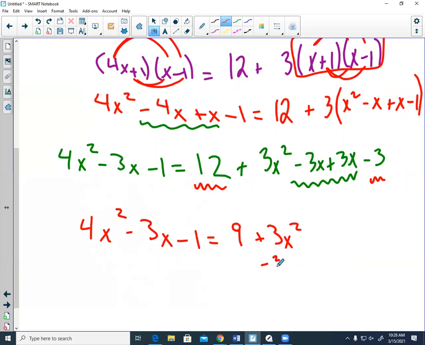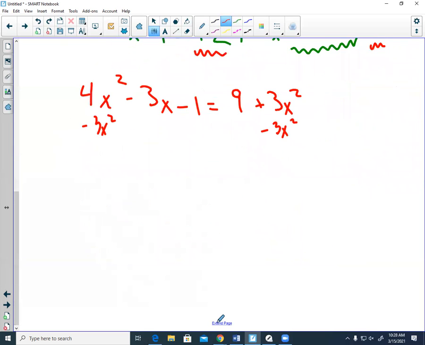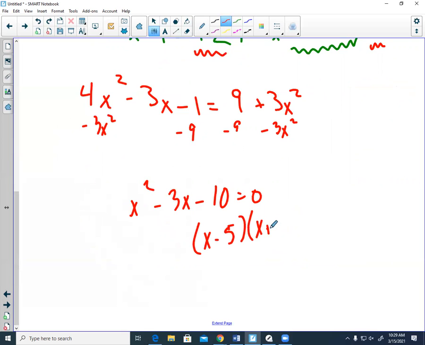So subtract 3x squared. So 4x squared minus 3x squared is just going to be x squared, and then minus 9, or x squared minus 3x minus 10. So it gives me x minus 5 and x plus 2 equals 0. So then I get x equals 5 and x equals negative